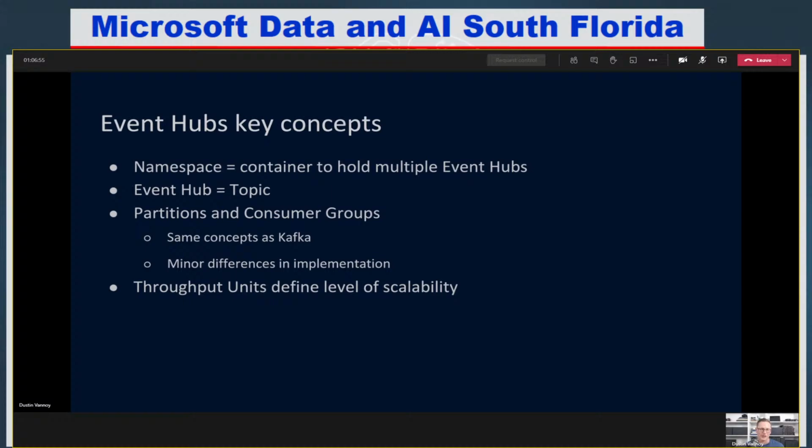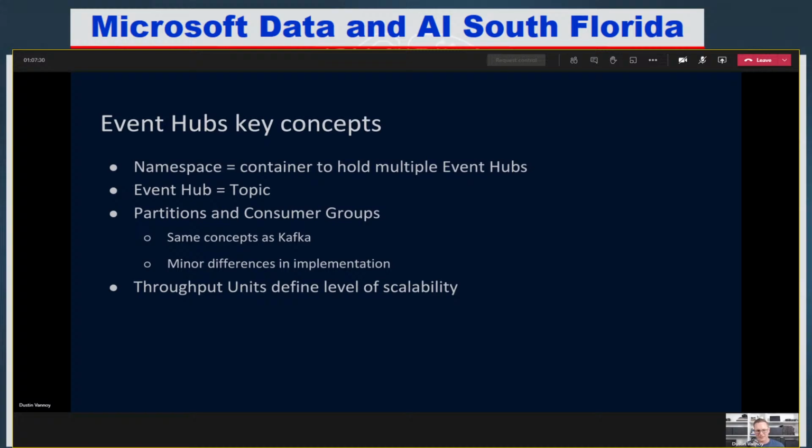There are some key concepts you'll want to look into if you're deciding on sizing. There are partitions within the topics, and you have partition keys that get used to figure out how to load balance, how to spread out the messages to be consumable in parallel. There's a little bit of difference in implementation. You could find some things that Apache Kafka does that Azure Event Hubs doesn't do, but for the use cases I've really tried to use it for, it's worked well, and I have been able to go with Azure Event Hubs if I'm on the Azure platform.